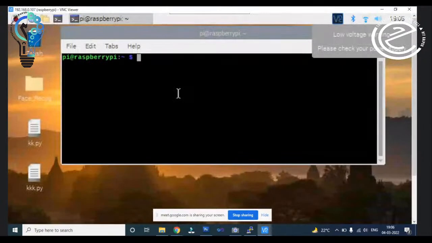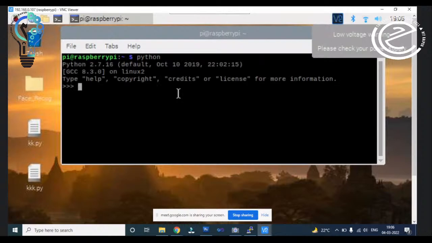So if you write here python, then it will give you the Python version, okay, 2.7.16. Now you need to write here exit, with brackets, then it will exit from here.